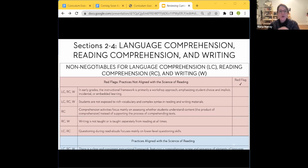Because no curriculum is going to be the Band-Aid. The best curriculum in the world doesn't have the ability to solve, close these gaps. You need one. It's necessary, but it's not sufficient. What you need is knowledgeable practitioners. I encourage everyone who's here tonight, poised to start choosing a curriculum, to make sure that you don't do that at the expense of not giving your teachers the time and attention to really develop professional knowledge, because